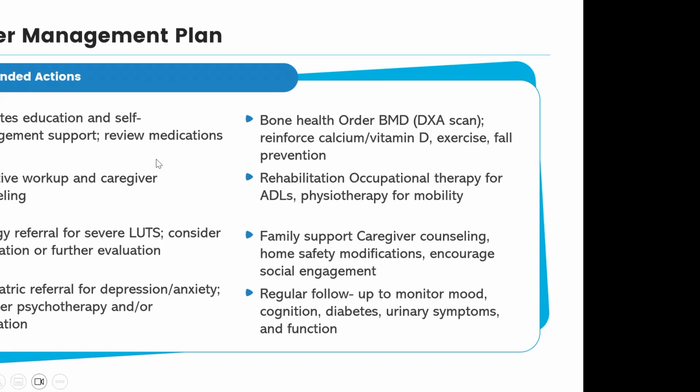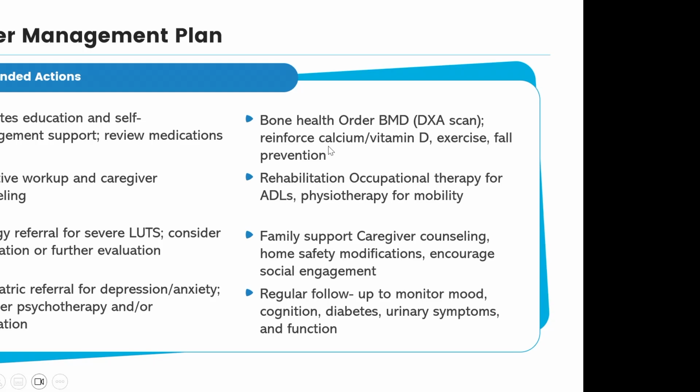And we want to give him, the family, some support and emotional support to see what is there in the pipeline as time progresses, and urology referral for severe lower urinary tract symptoms. And in case the depression does not improve or symptoms do not improve with the cognitive therapy and psychotherapy, we must consider pharmacotherapy for him, and for that we must evaluate him because he's having moderately severe depression. So definitely pharmacotherapy has to be started,